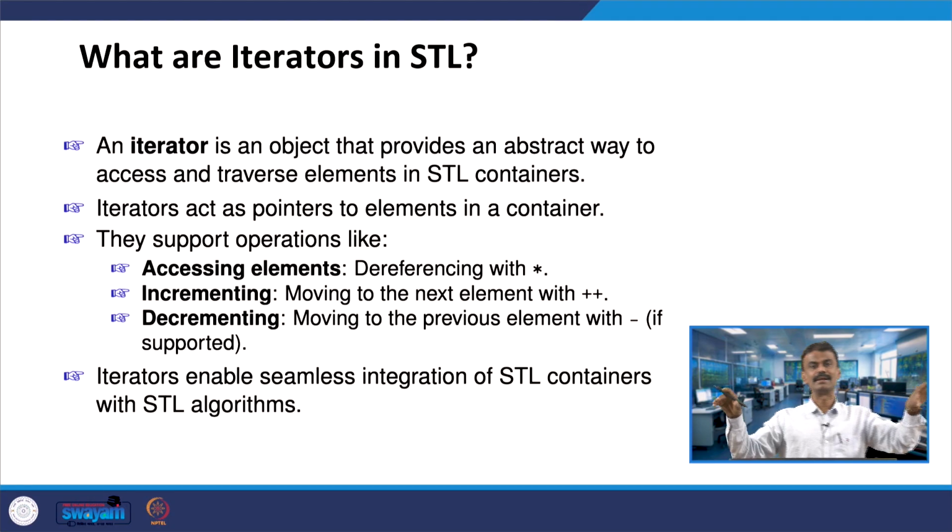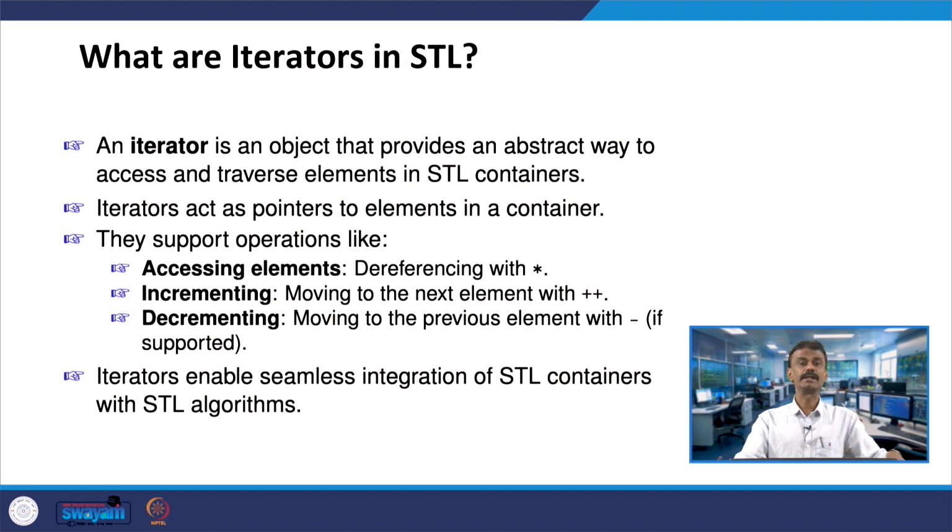So, the container, let us say 1 to 10, or 10 locations. This is acting like a pointer. Iterators are nothing but pointers, or you can say acting like pointers to the elements in the container. So, what are all the operations they are supporting? You can access the elements, that means you can dereference with star, and increment means you can move to the next location. When you want to move to the next location, you use plus plus, let us say iterator IT. If I put star IT, I can find out the value, IT plus plus, I can move to the next location, or minus minus, it will move to the previous location.